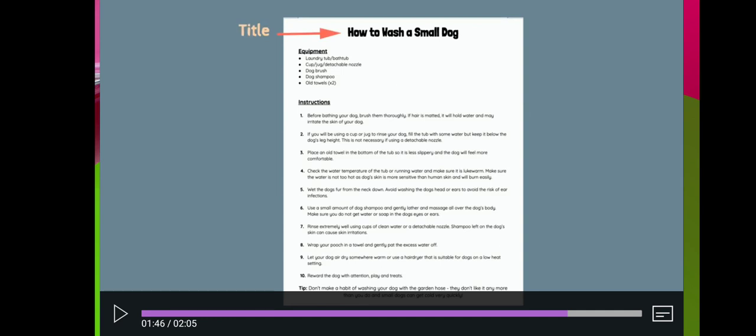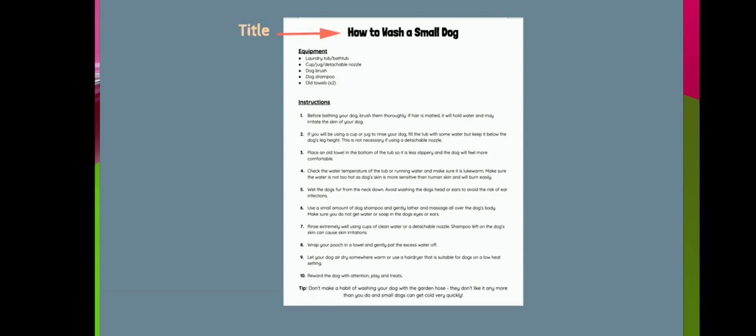Now, look at the example of how to wash a small dog. We are going to see the process writing of how to wash a small dog. The first one is the title. You have to write the title in the center. Then you have to write the